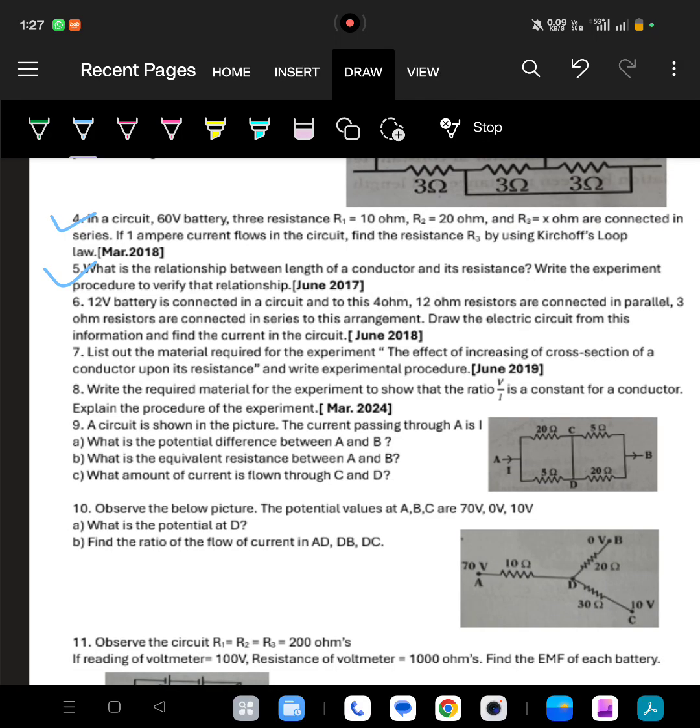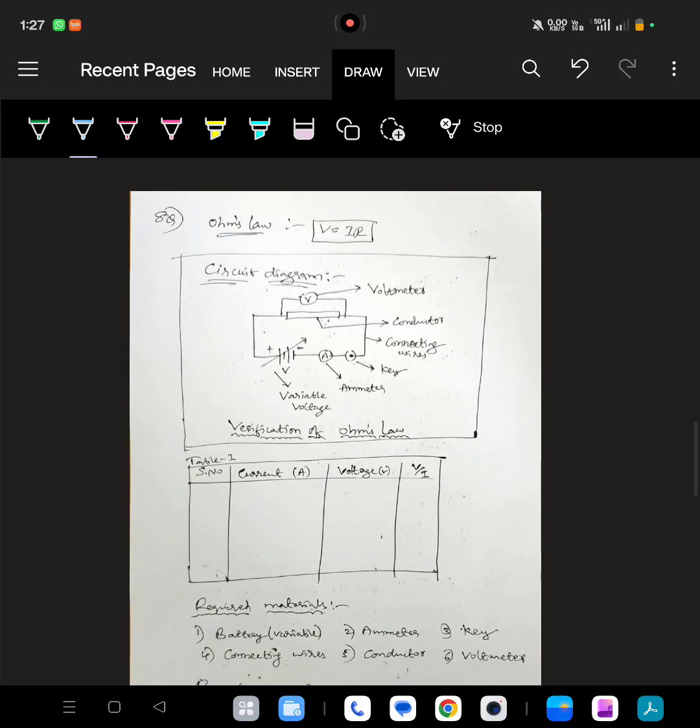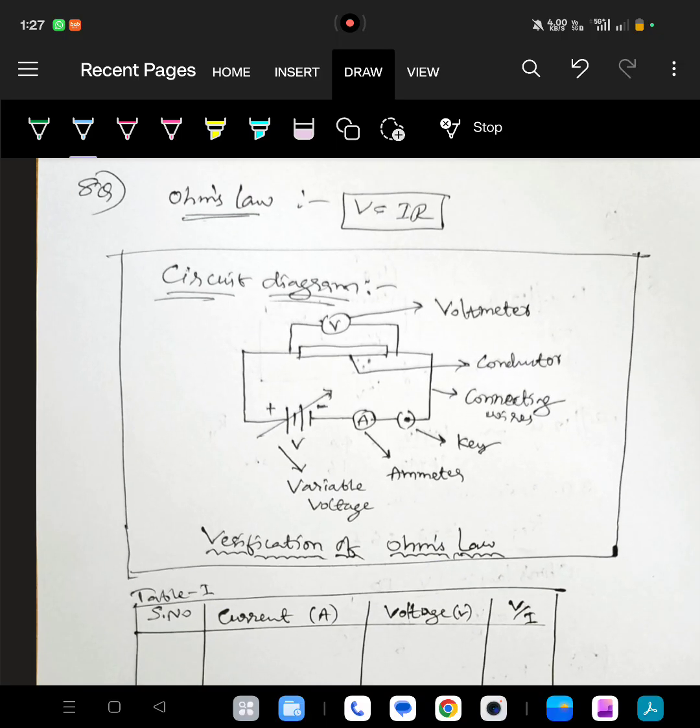Eighth question. Write the required material for the experiment to show that the ratio V by I is constant for a conductor. Explain the procedure of the experiment. First we have to write Ohm's law for that one, the definition. Under similar conditions of temperature, the potential difference across the conductor is directly proportional to the current flowing through the conductor. And the circuit diagram we have to draw